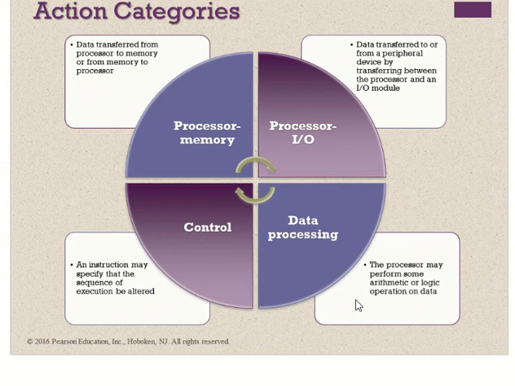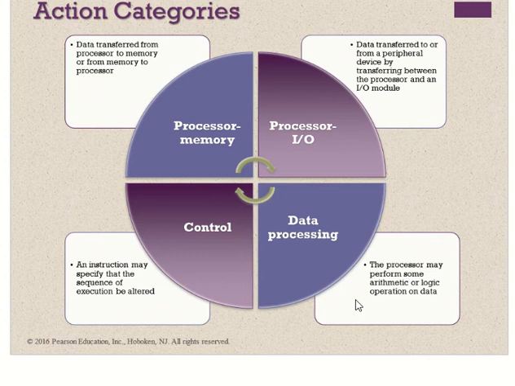Okay, so processor memory. What is the processor memory? From the name you can say processor memory. So data may be transferred from processor to memory, or maybe memory to the processor. So there is some transfer of data between the 2 components, processor and memory. These are the categories of action. Category means actions fall into this category.